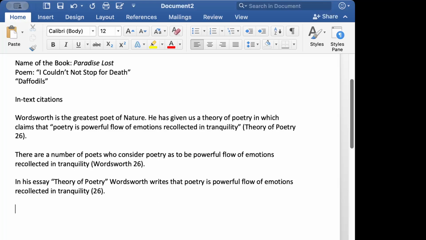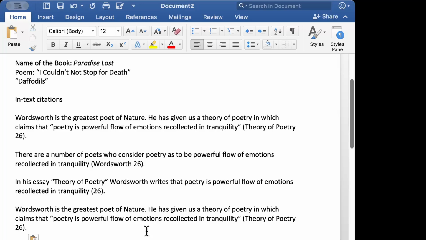And also, if you're writing a complete paragraph, like more than 4 lines from a particular text, in that case, you will be kind of justifying, indenting the text. Okay. For example, let's take this entire paragraph over here.